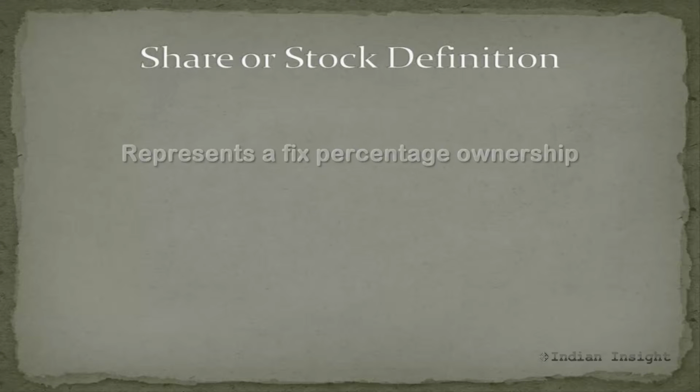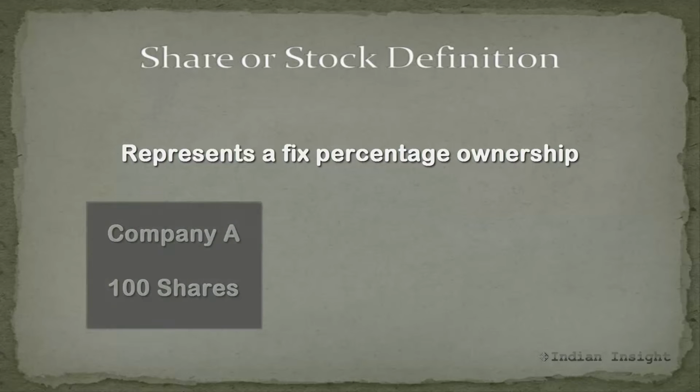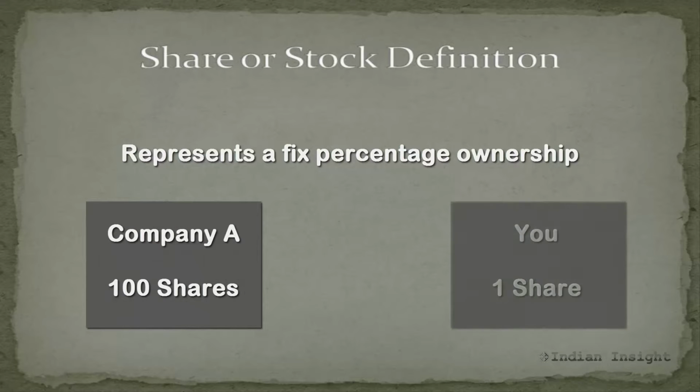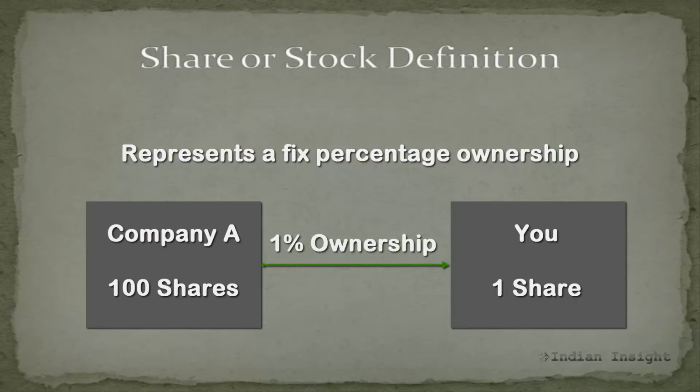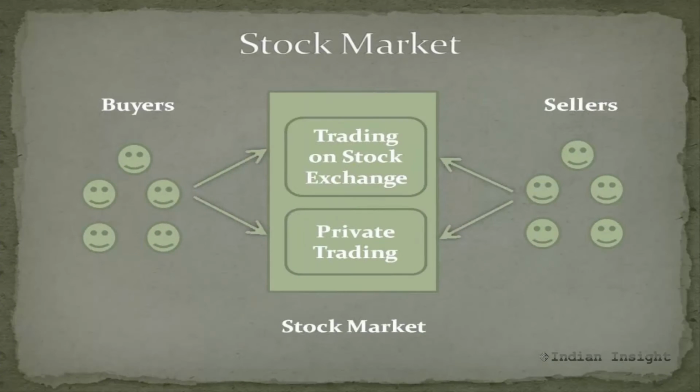A stock or a share represents a fixed percentage ownership in a company or business. For example, if a company has issued 100 shares and if someone were to own one share, then they essentially have 1% ownership in the company. This means that the shareholder has rights to 1% of the net assets of the company, and they also have right to 1% of the net profit of the company. So now, having defined what is a stock or a share, next we are going to see what is a